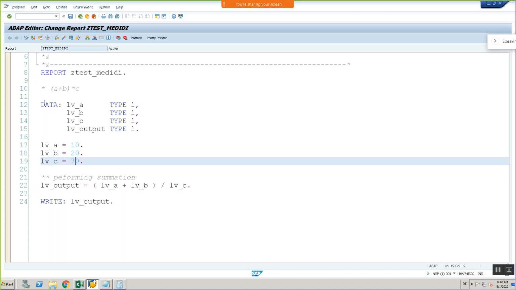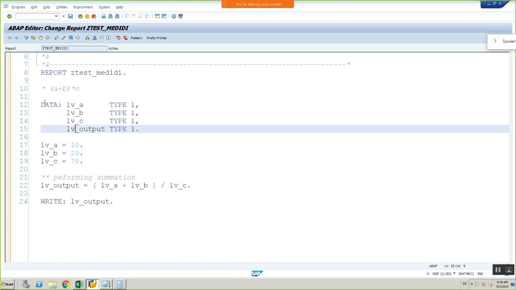Can you keep D instead of I in the output? No. Decimals are not that easy to define like D. If I give D, then see, D is of date type. D is not decimal here. So decimal parameters are defined with the P parameter.